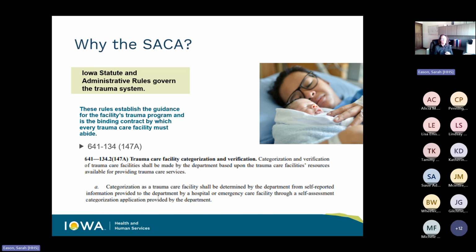Finally, our rulemaking has been on hold since I started, so I don't really know how this is all going to look, but we're going to have some new rules that are scheduled to release April 1st, 2025. And we anticipate that the gray book adoption is going to be in these rules, and that is the gray book adoption for level threes. You know that it's the Resources for Optimal Care 2022 version versus the 2014 version.